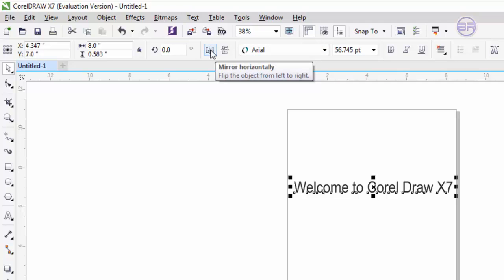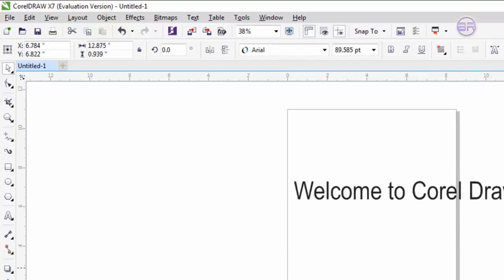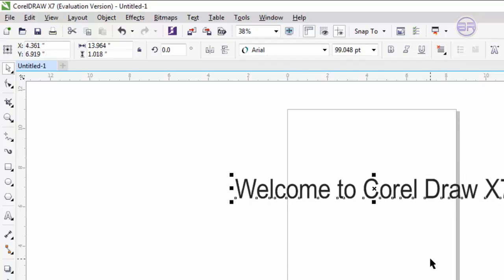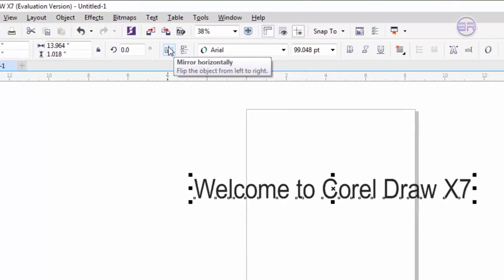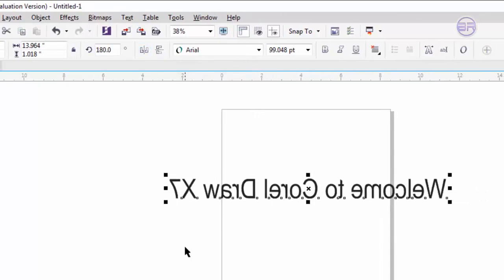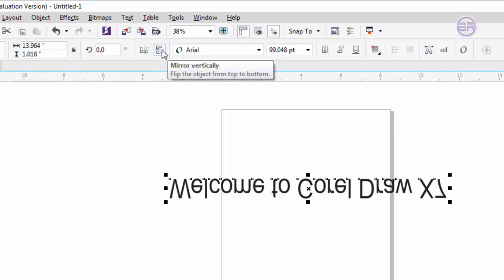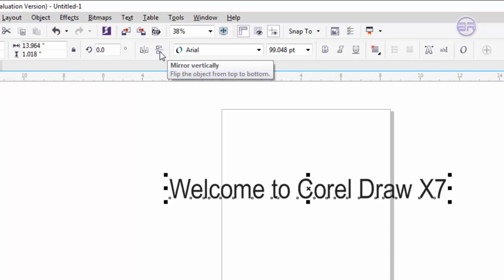important if you want to learn something like mirror horizontally. So you can just make the size a little bit bigger. If you want to mirror it, I mean if you want to flip it, then you can use this option, but this will work horizontally. Just click it and you see this is now opposite horizontally, and this will work vertically. If you want to change the text to vertically flip, then you can use this option. So you can